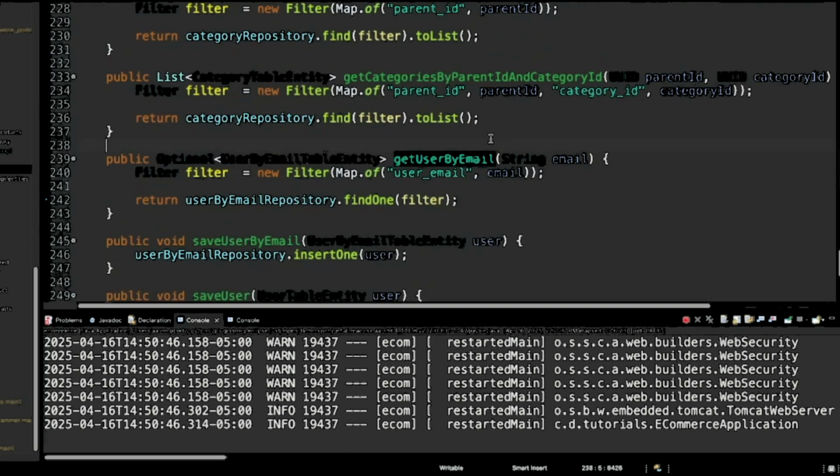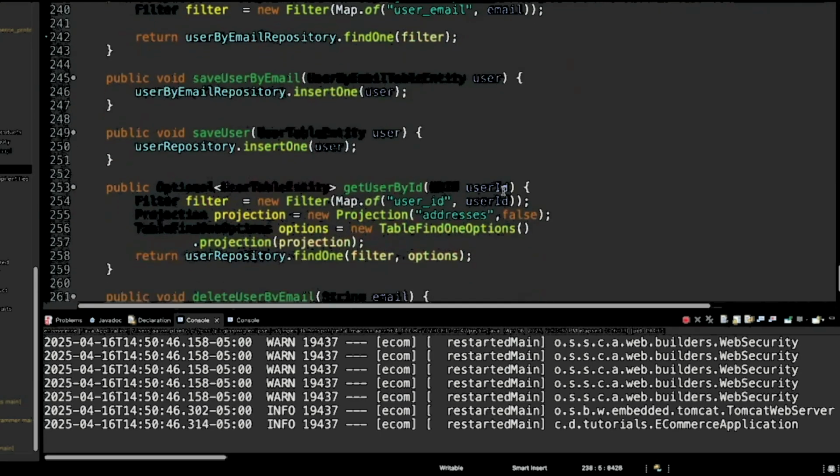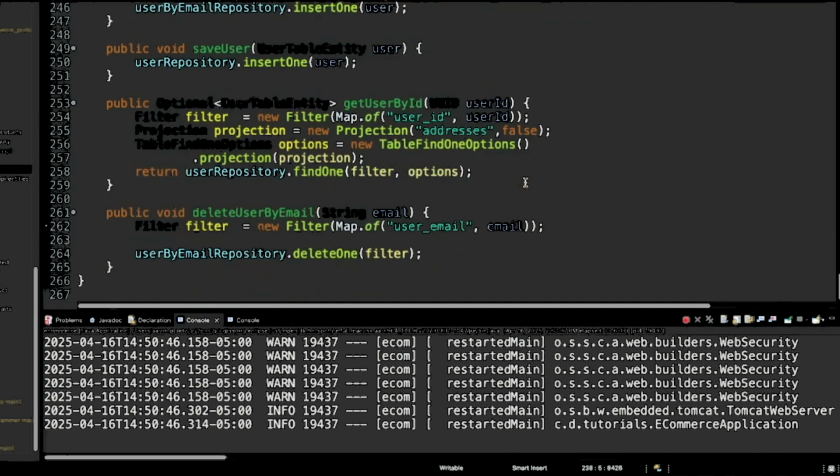So let's start with get user by email. Let's just try that. I'm going to put it right under this other one here.